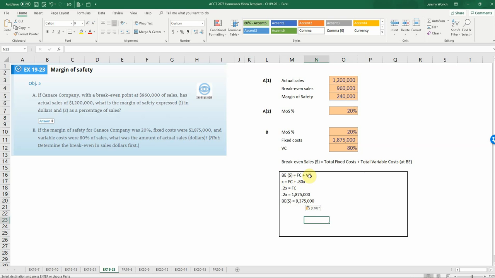So we start plugging in the inputs that we know. We don't know sales yet. We have our fixed cost plus our variable cost, and if we call X our sales, variable costs are 80% of sales. So we can rearrange that. If we subtract the 0.8 from each side, we get 0.2 of sales is equal to our fixed cost. We know our fixed cost is 1.875 million. If we divide it by 0.2, we get our break even in sales dollars of